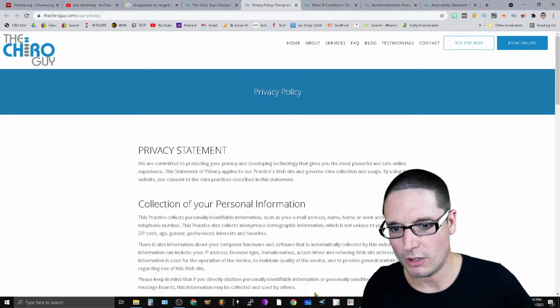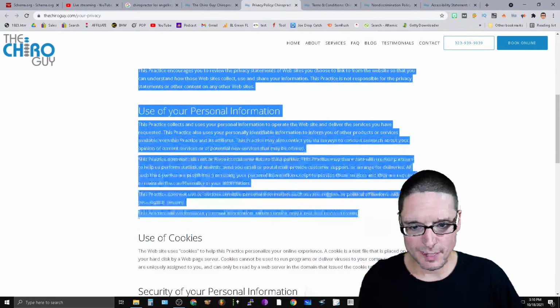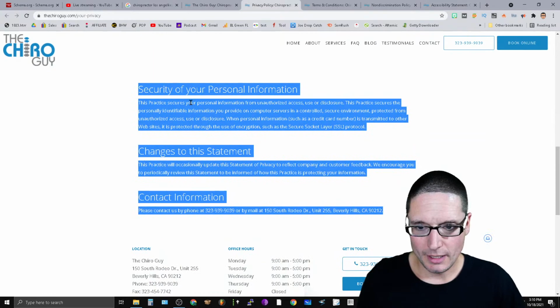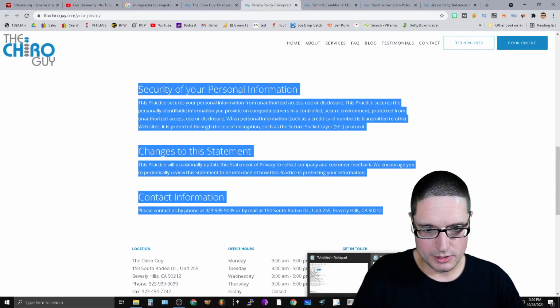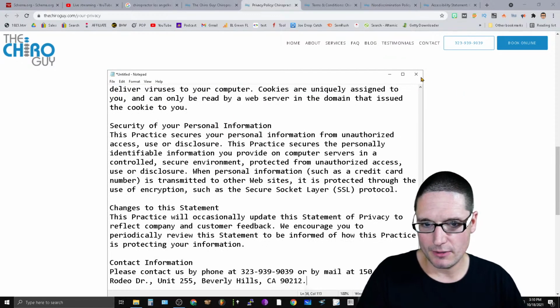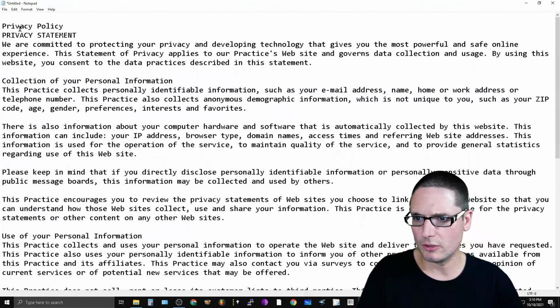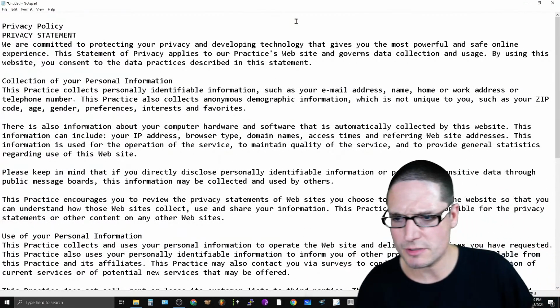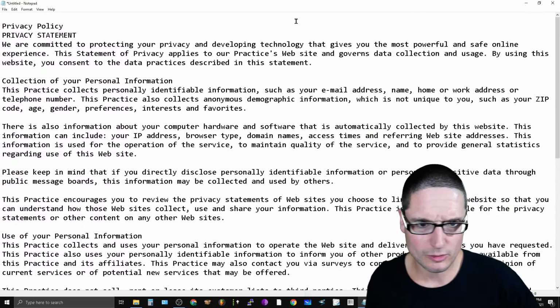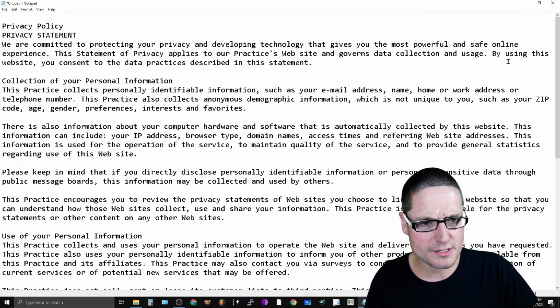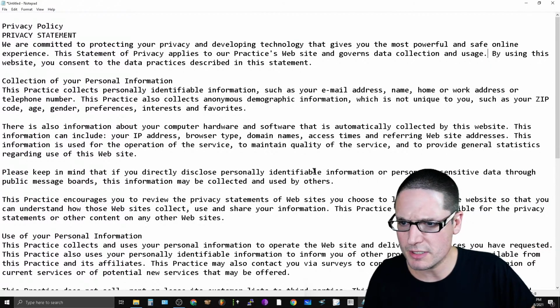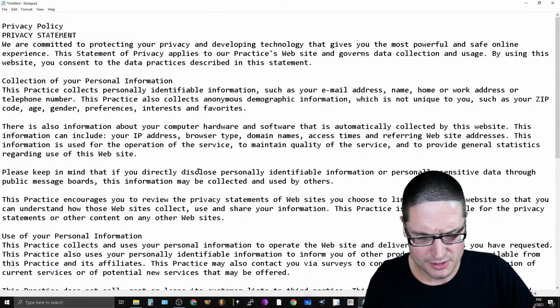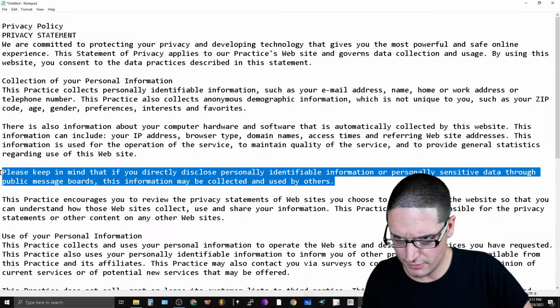Okay. So just so we're all on the same page here, this I'm not stealing, because I have my own details that I have to take care of, right? So what we're going to do, though, is bring this over and put this into here, and this is going to be our privacy policy. Let's take a look here. So privacy policy, privacy statement, and this is probably a copy-paste from someone else, because they give you templates all over the place. These are non-relevant pages. So by using this website, blah, blah, blah, collection of your personal details, blah, blah, blah. Okay, so this is a copy paste probably from one of those sites.